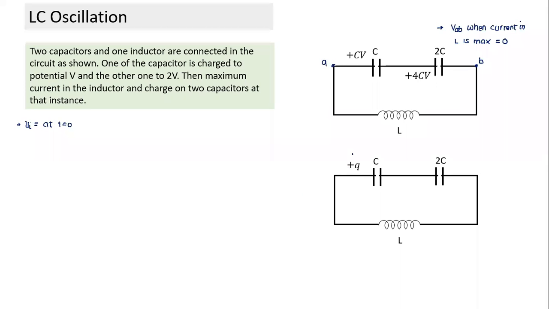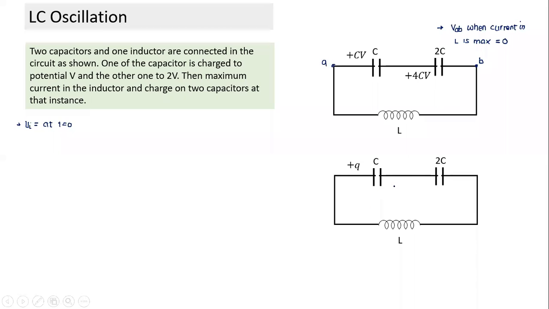Try and do that. Can we do that? Have you understood? The charge distribution across this capacitor should be such that the potential across C is equal to the potential across 2C, and the sum of the charge here plus here, the charge on these two plates put together, has to be 3CV. So I have to distribute 3CV charge in such a fashion that the potential becomes equal.